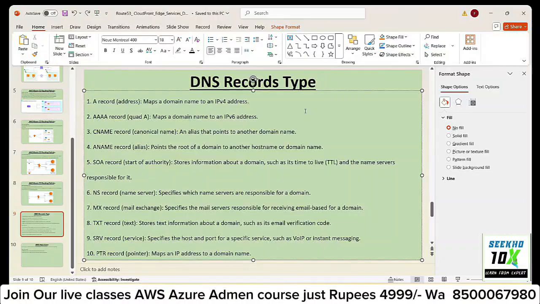So what is a CNAME record? A CNAME record is a duplicate name for your main domain. For example, if I have a domain name called gmail.com, and I don't want this gmail.com to be published on the internet, because I am using it internally, I will be using mail.gmail.com, a different name, a unique name or alias name.